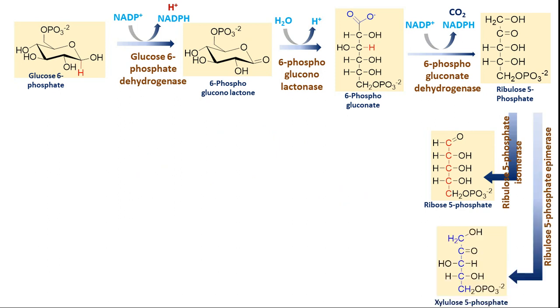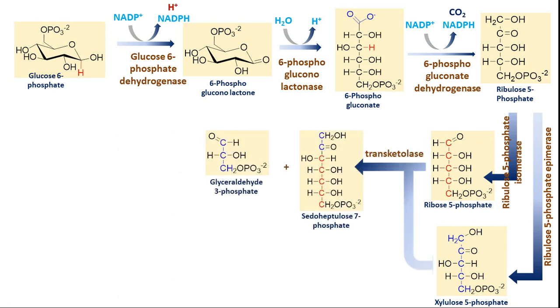And we have one more enzyme, that is what we call ribulose 5-phosphate epimerase. Epimerization means change in the orientation of the functional group. See here 1, 2, 3. On the third carbon you have the hydroxy group on the right hand side, whereas here you can find the hydroxy group on the left hand side. Okay. So ribulose and xylulose are examples of epimers. Now these two will react and are joined together, because transketolase is the enzyme which transfers two carbons from xylulose onto ribose. So thereby sedoheptulose 7-phosphate is generated.